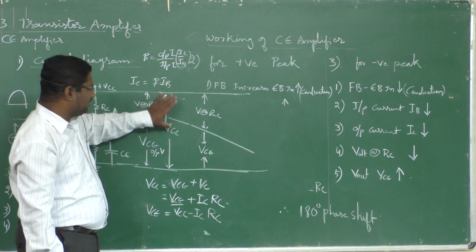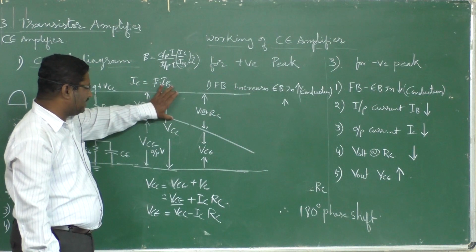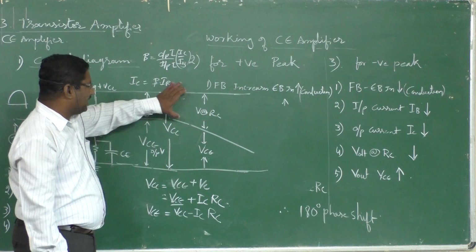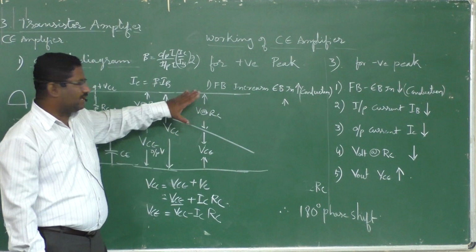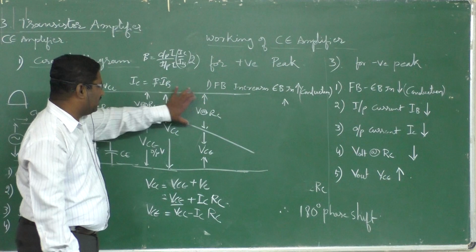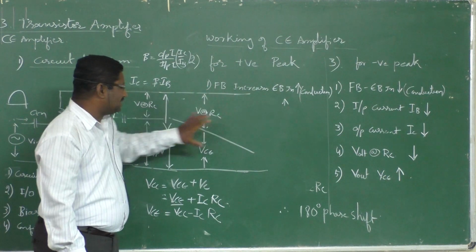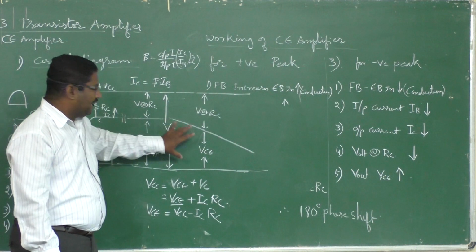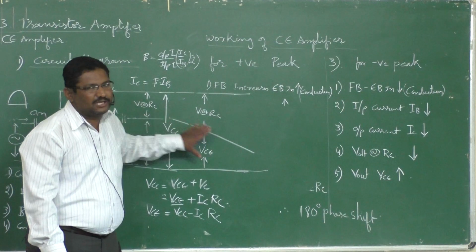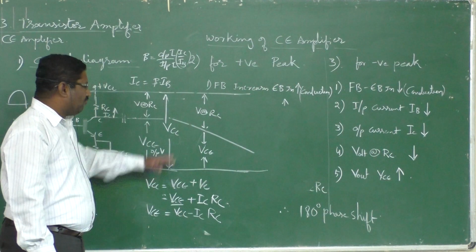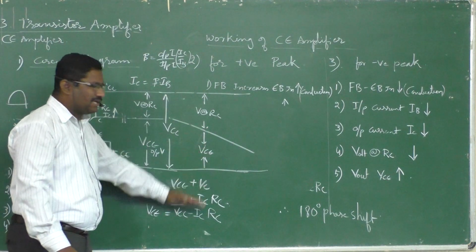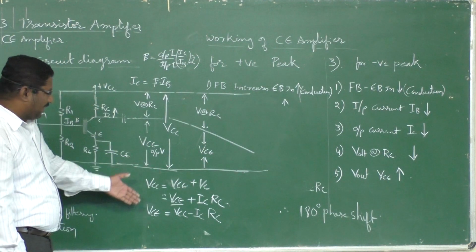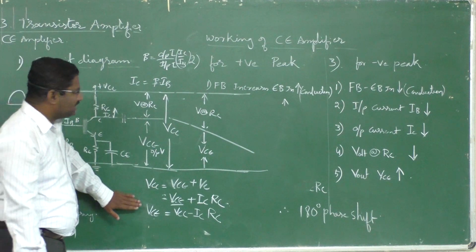Initially if it is 0, that means the total is 10 volts, and if the drop here is 1 volt, we get 9 volts. As time passes, this drop goes on increasing, 1, 2, 3, 4, so the output goes 9, 8, 7, 6, like this it keeps decreasing. So for a positive going signal, the output is gradually reducing. This is happening with respect to this equation.